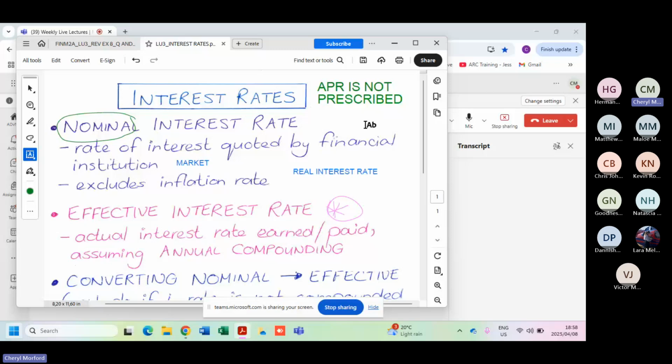So that then gets us to the end of Learning Unit 3. Hopefully we've made some sense out of it, because it can be a little bit daunting for some people with all of the timings of the payments, the receipts and whatnot. But I think everybody should now be pretty good in terms of Learning Unit 3. So practice some questions. I will put up some more, and then next week we can get cracking with Learning Unit 4.